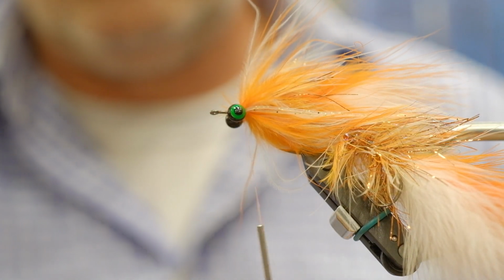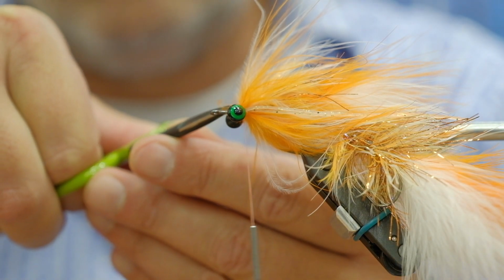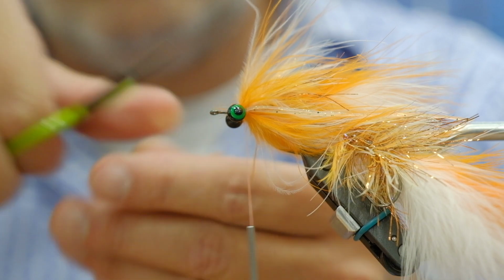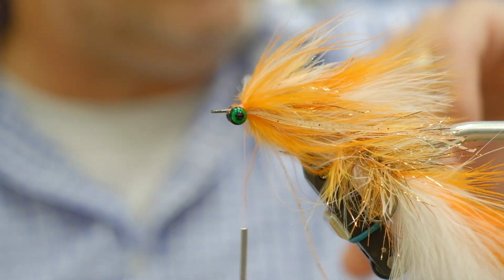Oh, that's 2 legs. Huh? Oh, I'm gonna do the other side of the eyes. All right. So